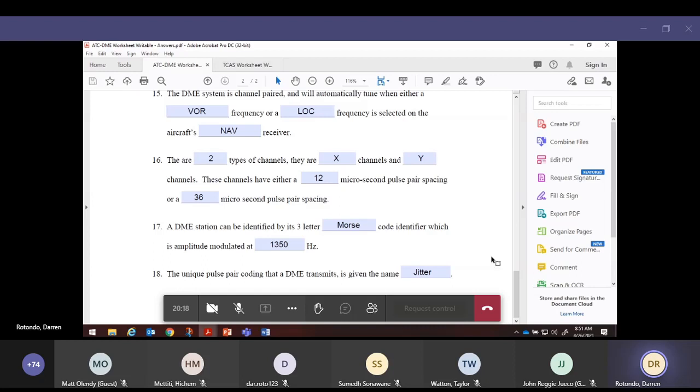It's proper name. Question 2, TCAS is a secondary radar system that operates like an airborne air traffic control station. So having a TCAS on your aircraft is like having your own little airborne air traffic control station built right into your aircraft. Question 3, TCAS is indeed independent but compatible with the existing air traffic control facility. 4, and we got to check a box here, the